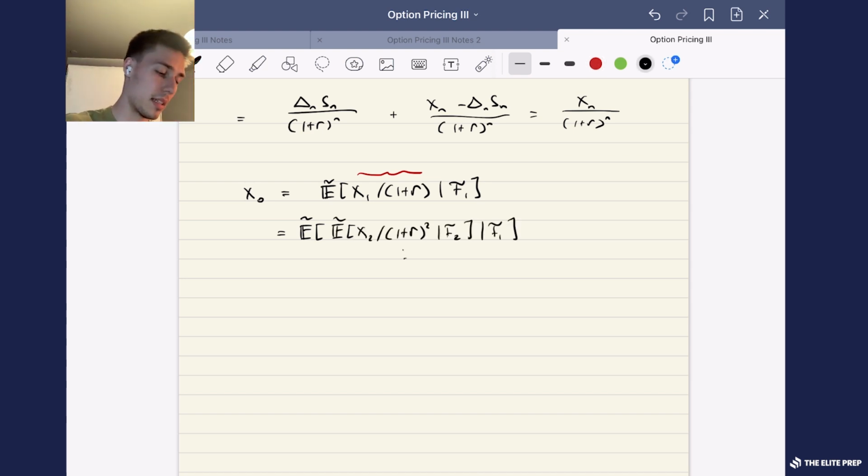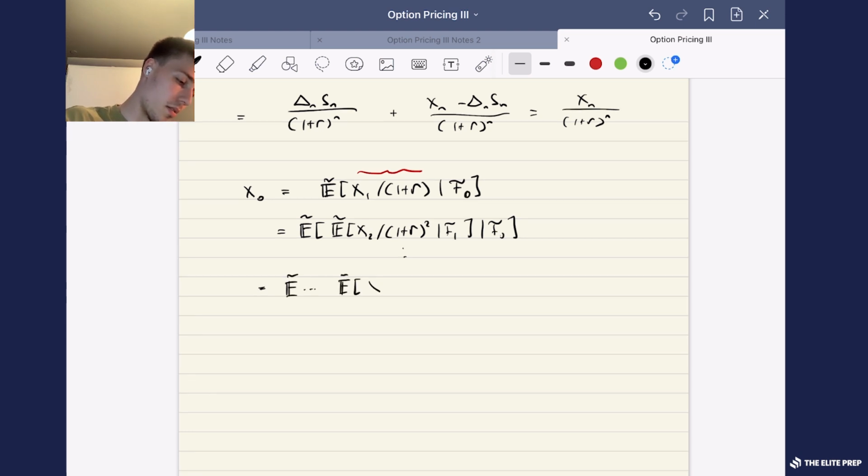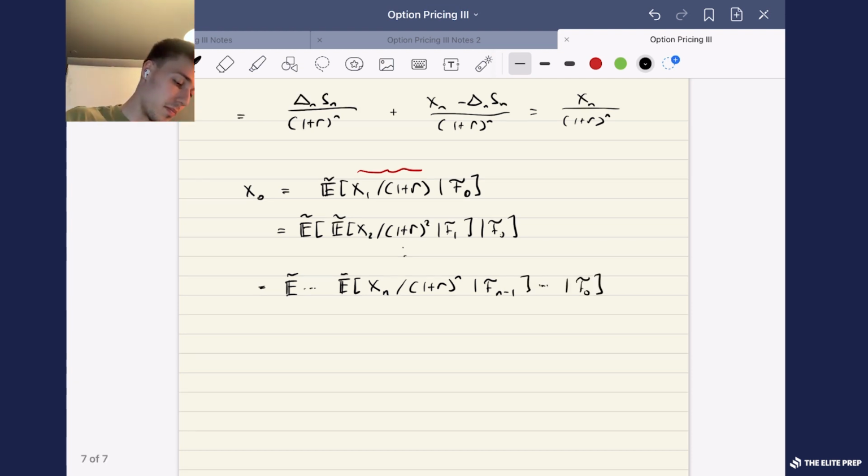And we keep doing that until we have that's equal to expected value of xn over 1 plus r to the n conditioned on Fn minus 1. So all in all, this is by the Tower property equal to expected value of xn over 1 plus r to the n conditioned on F0,